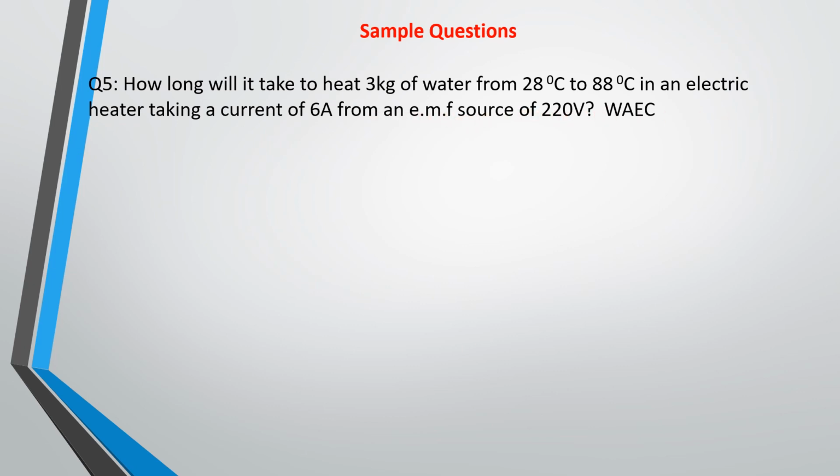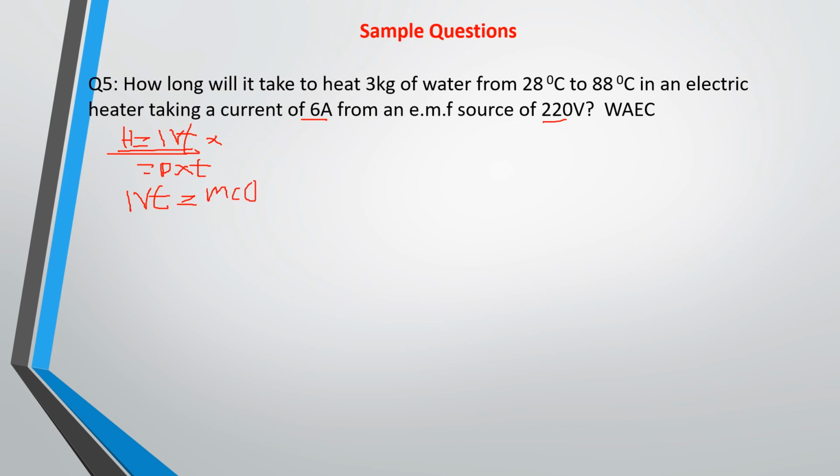So just as we said, heat energy from electricity is given by either IVT, or IV is power, P, times T. But in this instance, you are given current, you are given V, it is time that you are not given. So this equation is what we will apply. We are going to apply IVT